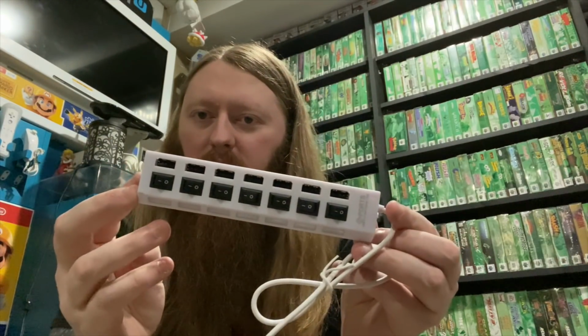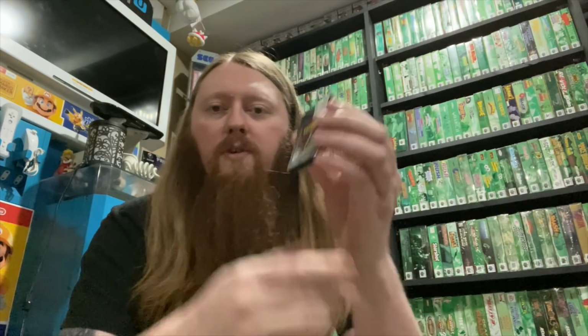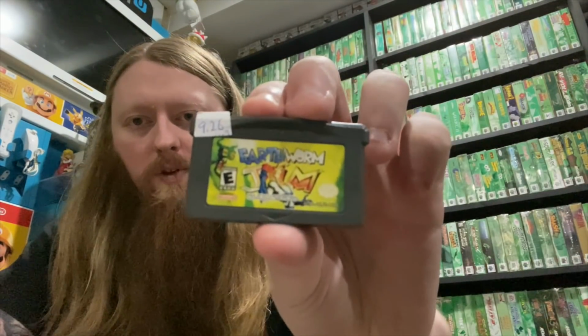Now let's get into this little bag here. Like I said, there was a USB hub, which, not sure why. I definitely did not order that. So he threw in a USB hub and some hand sanitizer. We have Tetris DX, Earthworm Jim for the Game Boy Advance,